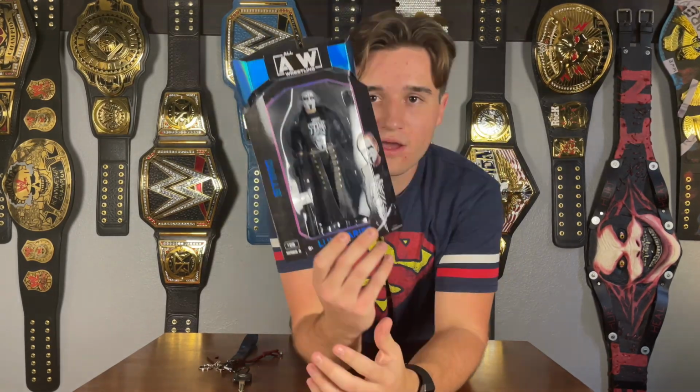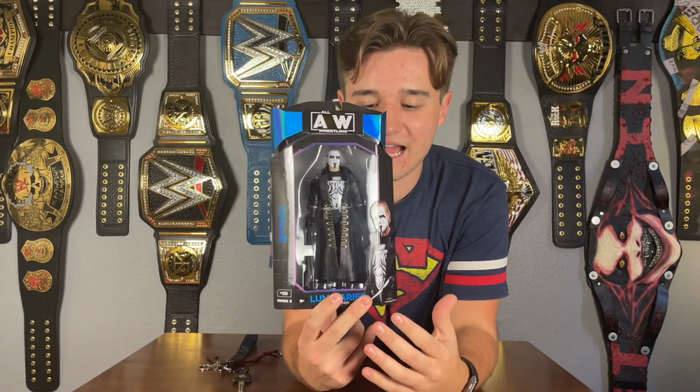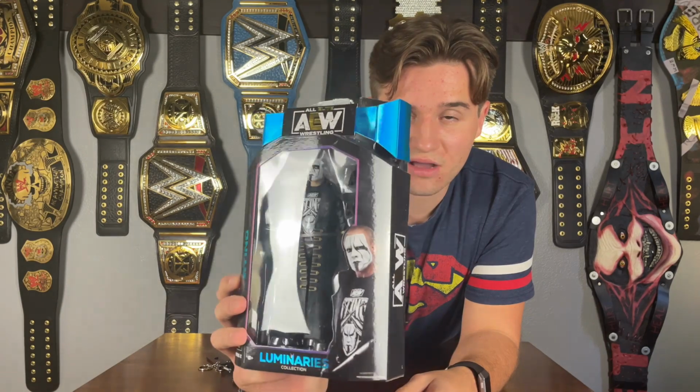Alrighty, so we're starting things off with the figure everybody wants to take a closer look at. We have this Sting, and this Sting has some awesome looking packaging. I believe this is when he returned last year at Winter is Coming. And that's probably why it has all the nice blue going throughout. But we haven't seen too much from Sting in the year that he's debuted. I would like to see him in a World Championship match. I know that he's older, but it would still be cool to see him in a World Championship match. Maybe against Hangman Page, have Sting turn heel. I don't know. I've always been a big fan of Sting. But we got that awesome blue